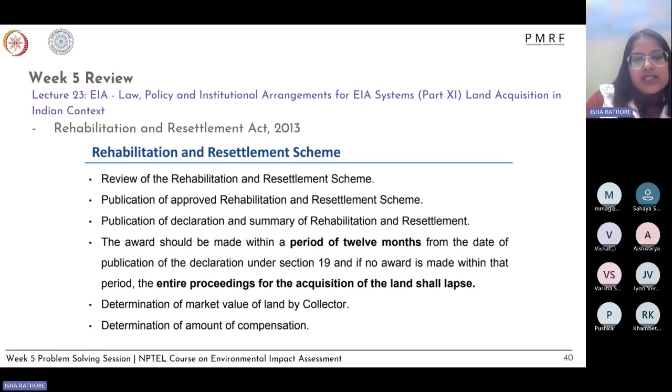So after a period of 12 months, it basically relapses. You have to redo the process again if it has not been completed. Of course, there are certain loopholes which can be found and things like that, but this is the official guideline. Then the determination of market value of land by the collector will be done, and the determination of the amount